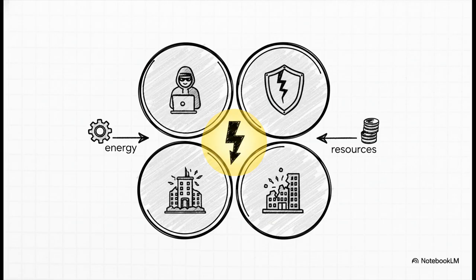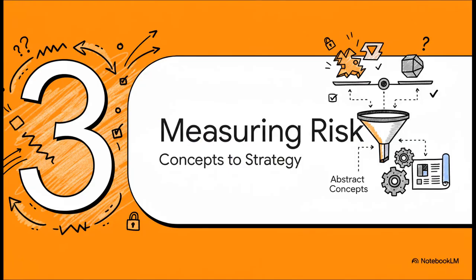This little intersection is where we need to focus all our energy and resources. So we can define a risk. Awesome. But how do we measure it? How do we decide which risks are worth a $1 million fix and which ones we can kind of live with? This is where the rubber meets the road, where we turn these ideas into a strategy you can actually budget